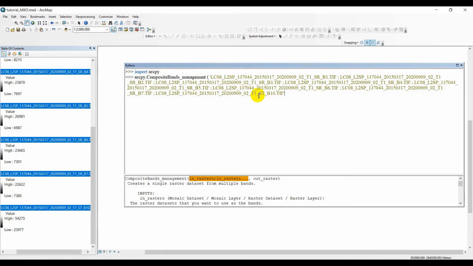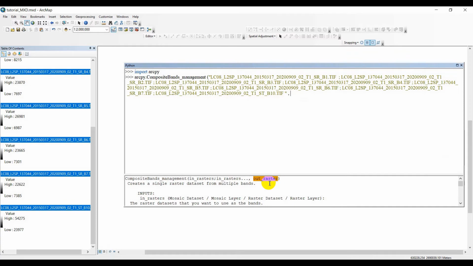All these 8 bands are enclosed using an inverted comma. Then we are gonna use, in this case, a comma, because when two inverted commas are being used, we should separate them using a comma. Okay, let's just use double quotation marks as an inverted comma instead of single quotation because it's handy and it's